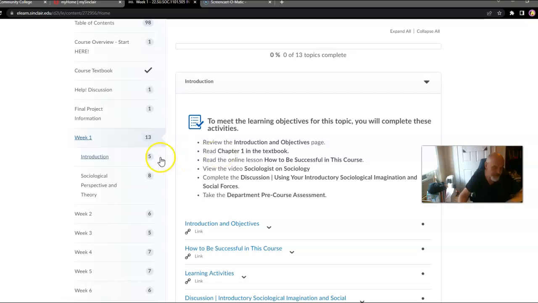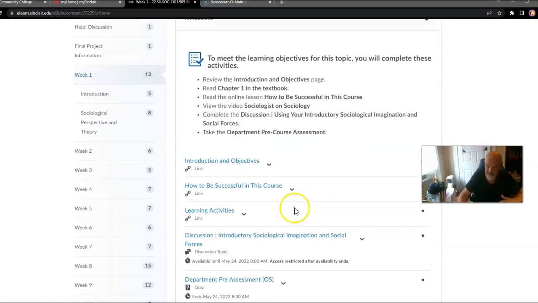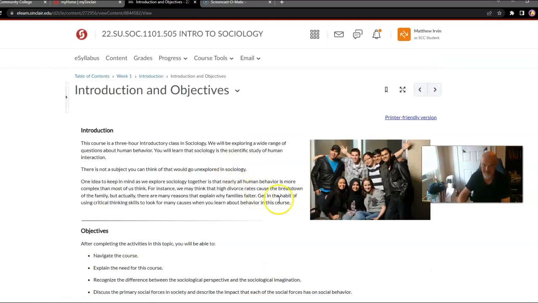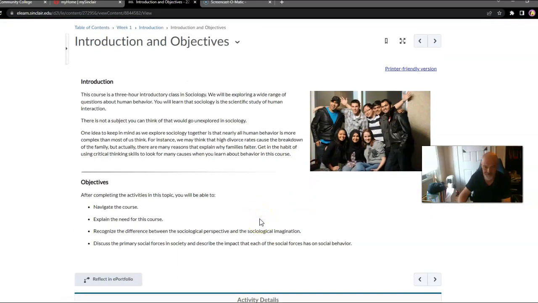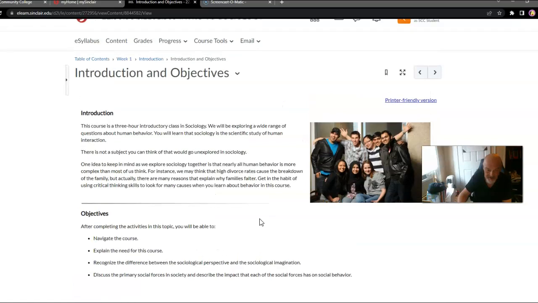So now that we've done this, let's take a look at week 1. Now you should be able to see it. In week 1, you have introduction and objectives. For every module, you're going to go through here. It's not going to have a how to be successful in the course, but it will have the following components: an introduction,